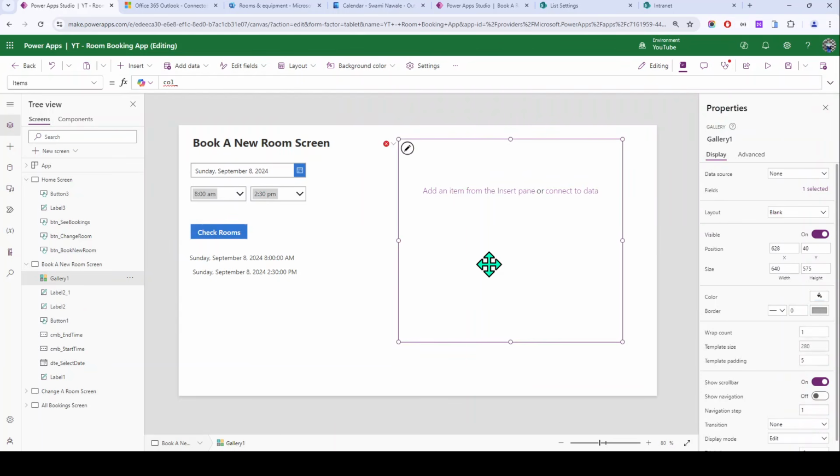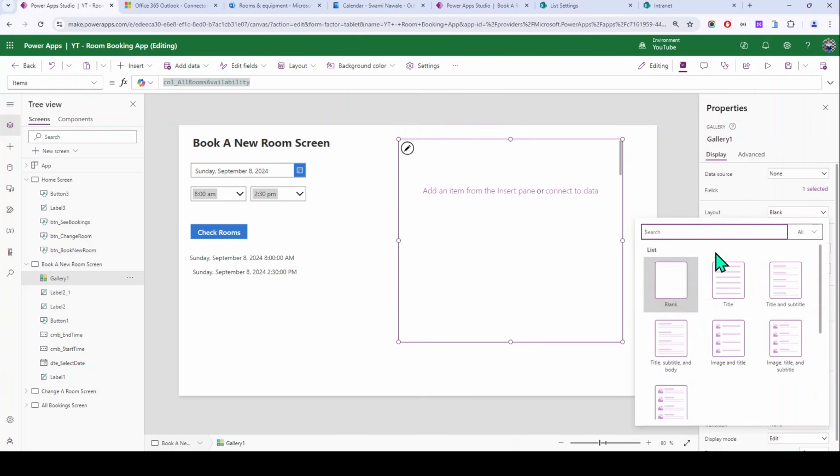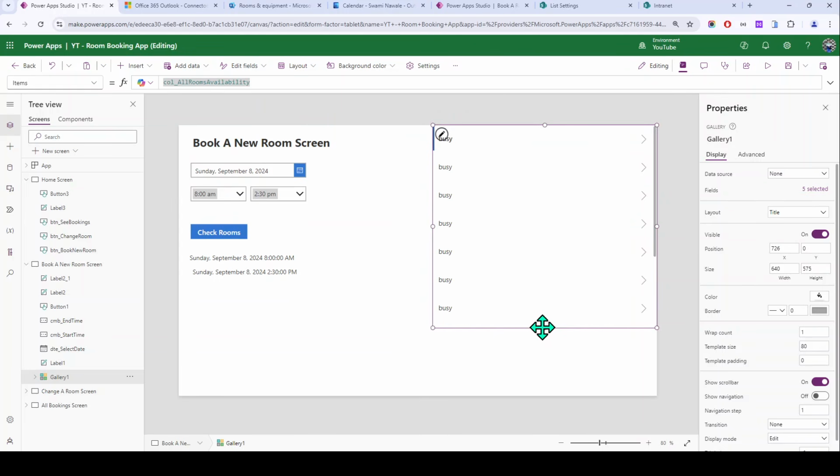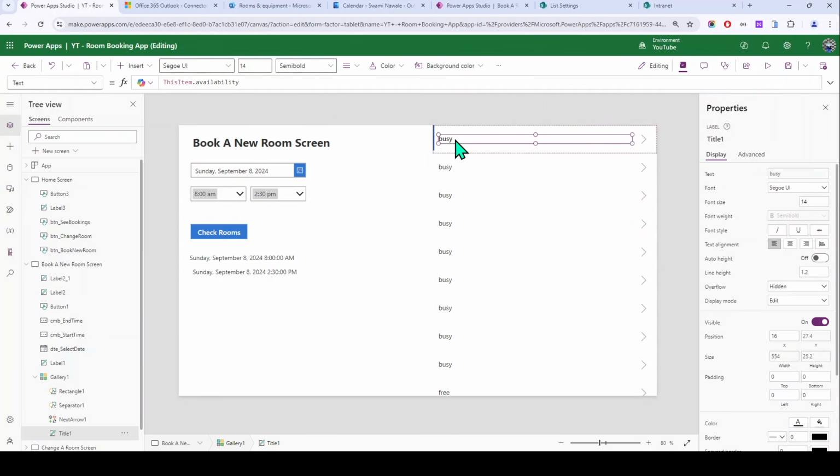You have to copy, go to your gallery, go to data source, put that item there. We did not have any data here, so I just used a blank layout. I will use a title layout, so it shows busy. Copy this one and